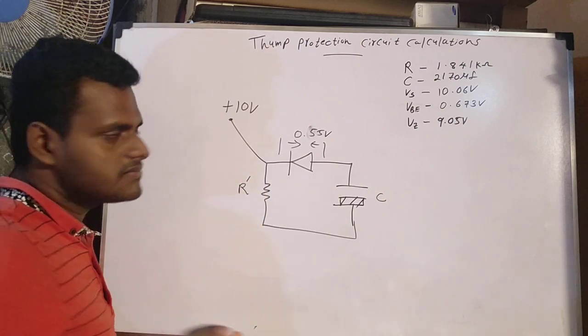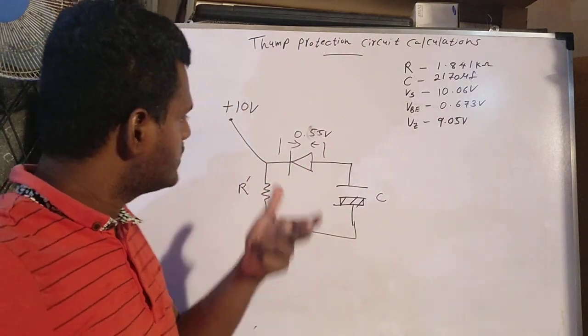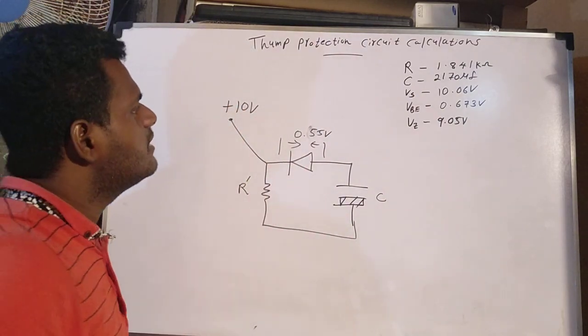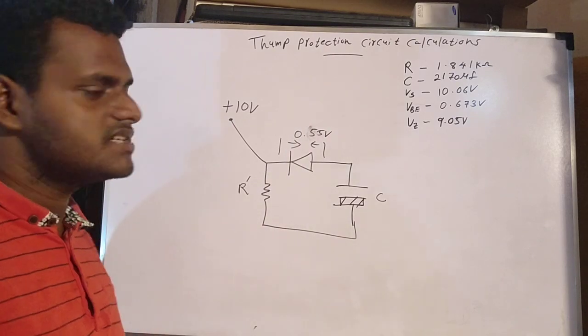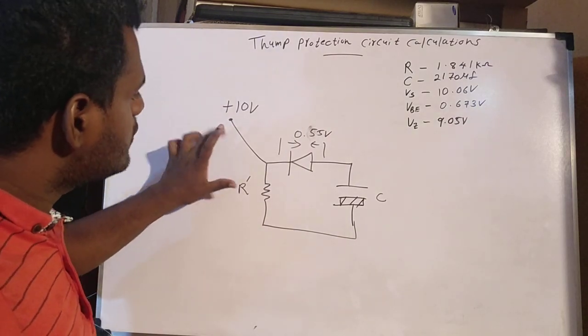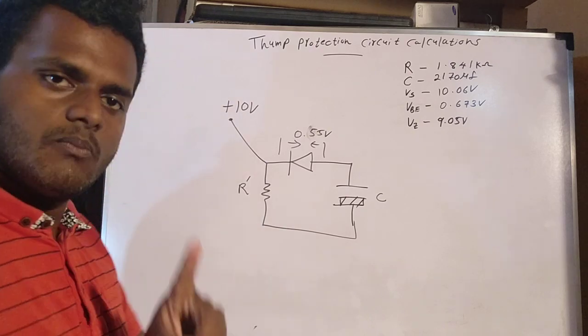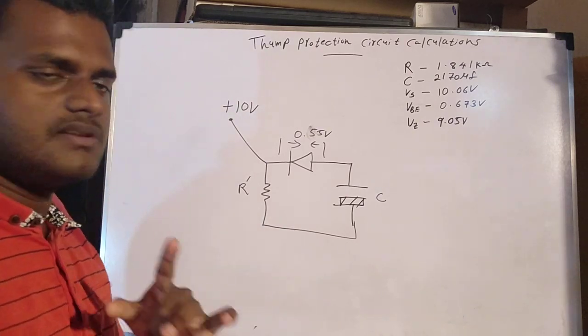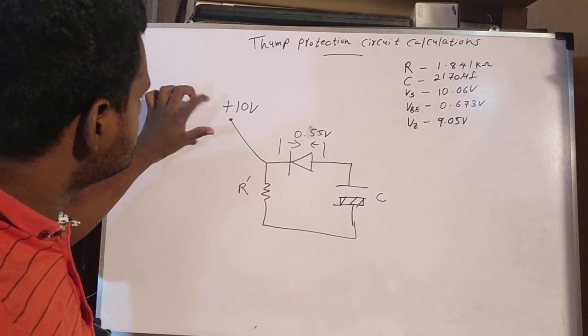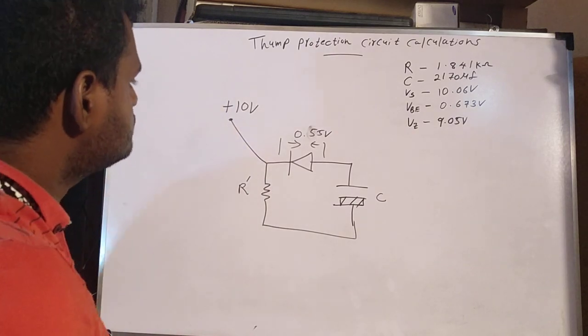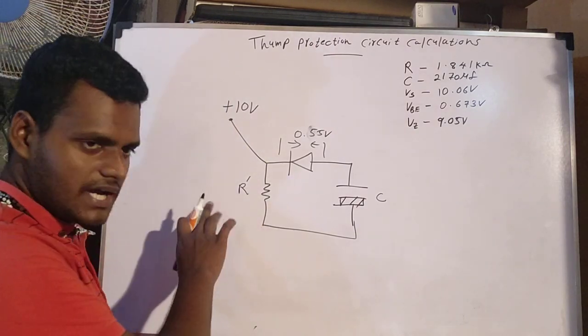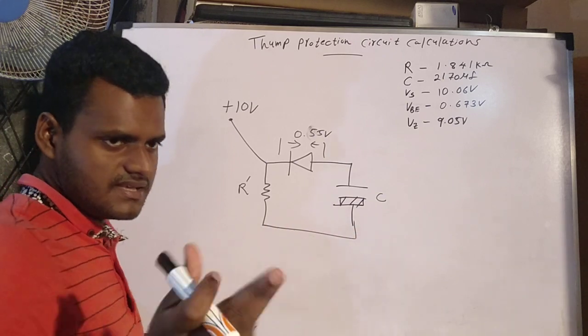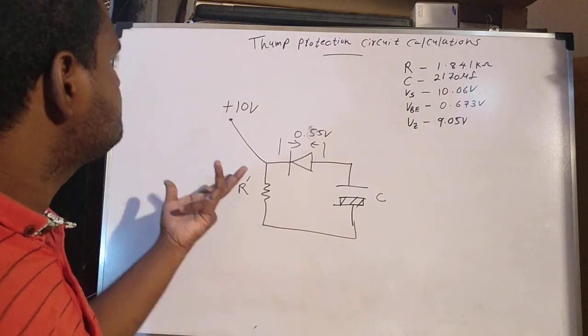So don't forget that, it's very important in this circuit. In the design of this circuit we have to consider the voltage here first. So to find this R dash, easily, no problem,